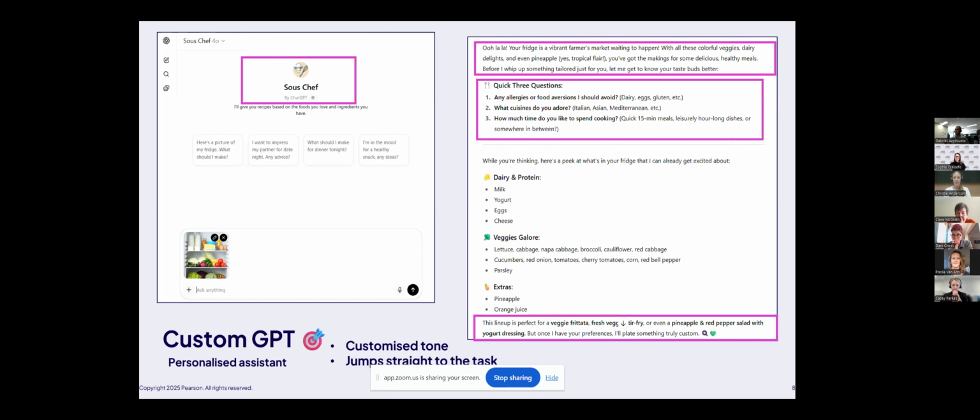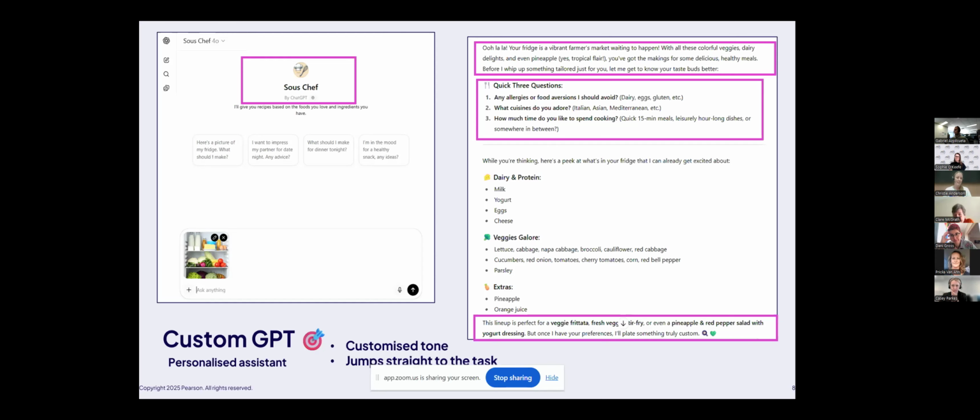I always want them to be mostly vegetarian. I want them to be for 2 people because it's probably me or my boyfriend cooking, and I want them to take 15 to 30 minutes because I don't like cooking very much. So you can give it that extra layer of personalization.